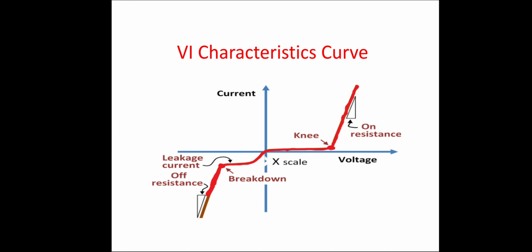That is, the electrons or majority carriers should cross that barrier with a voltage more than the knee voltage. Then only conduction occurs. After reaching the cut-in voltage, the current will increase drastically for a slight change in voltage. So we can see that variation here. This is about the forward bias.